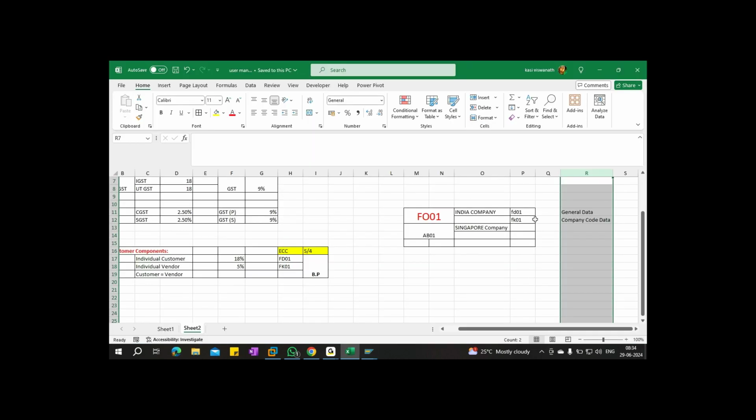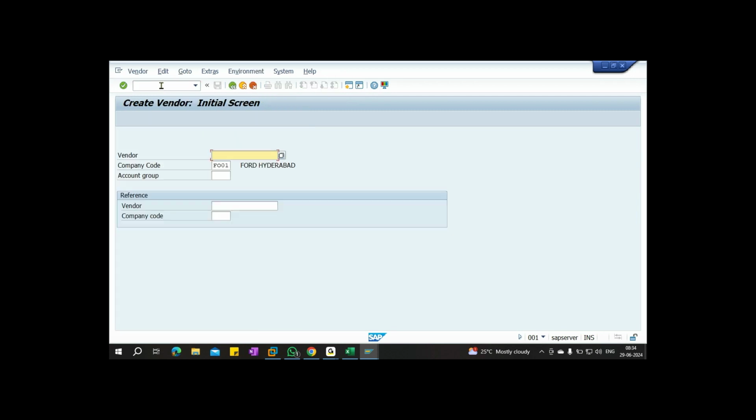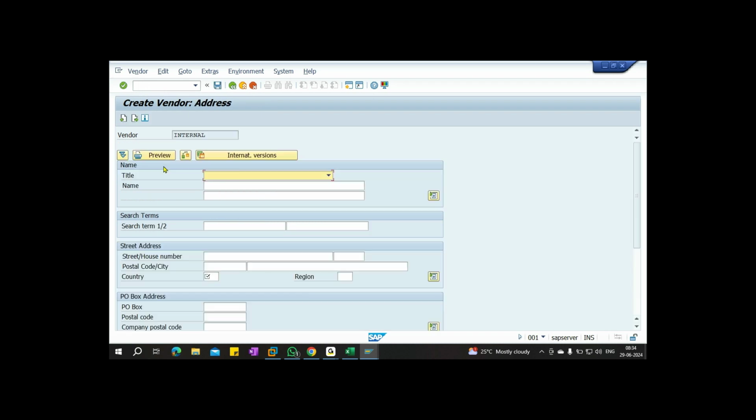Now vendor creation. What's the transaction code? FK01. Company code, account group FO01. Title, Mr. So same. Wonkar is customer as well as Wonkar is vendor.